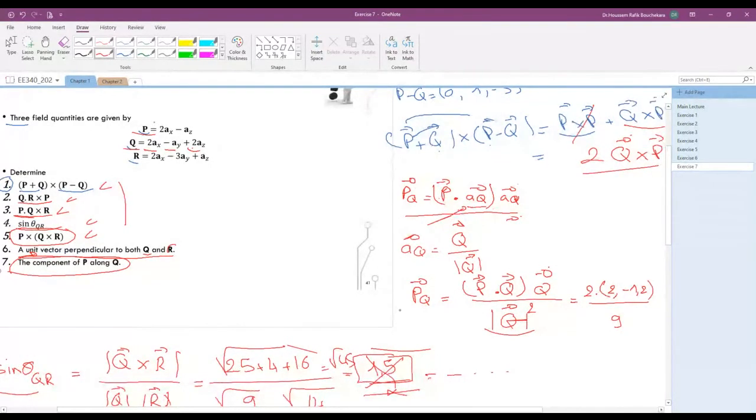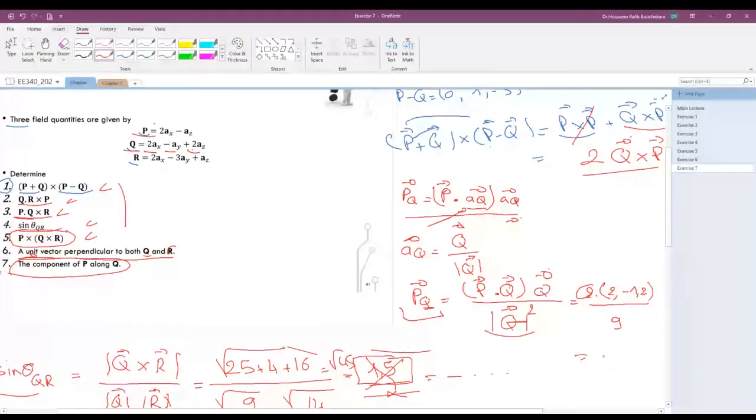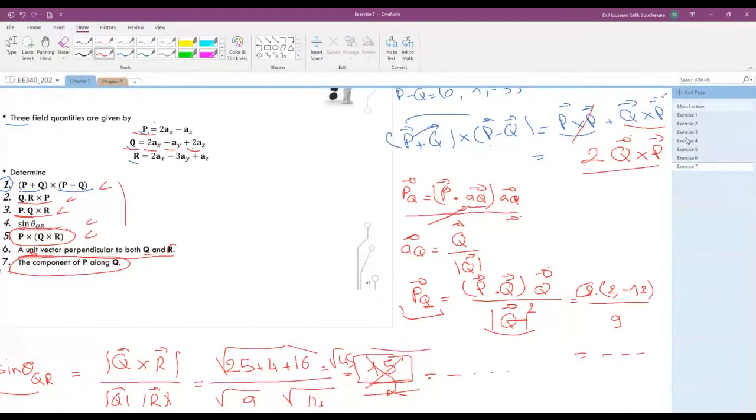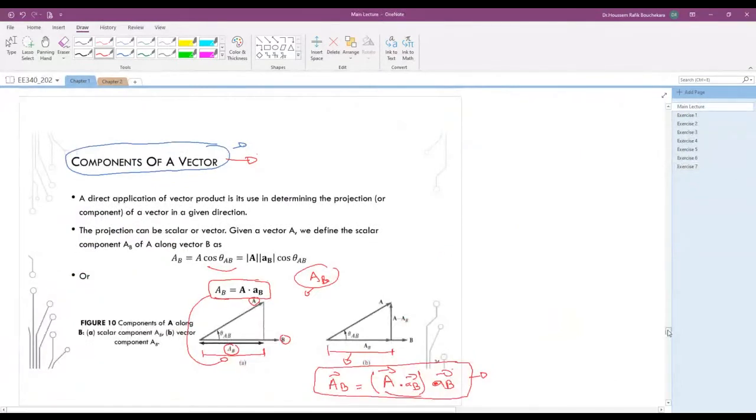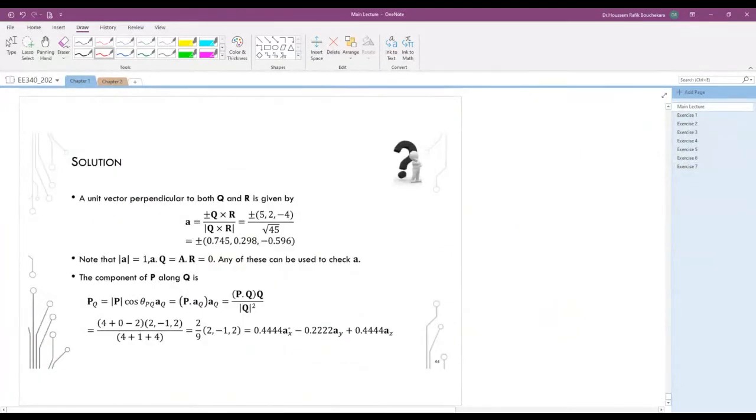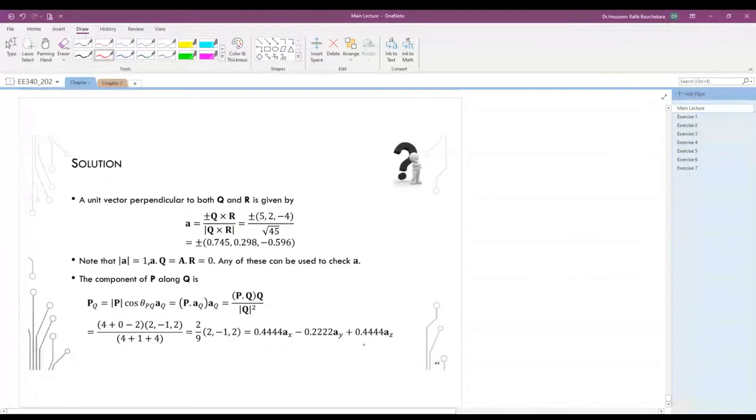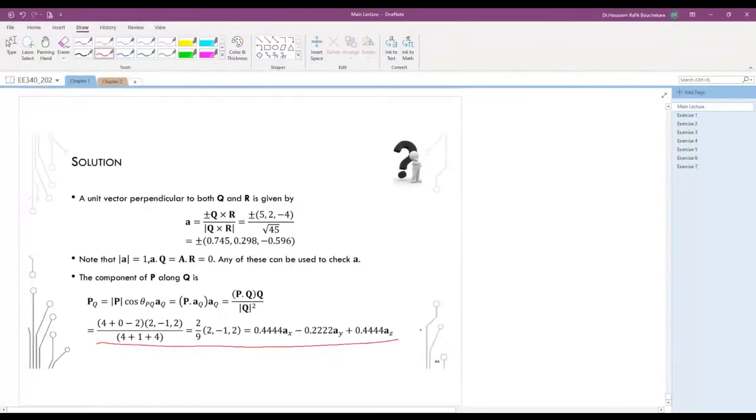This is how we determine the projection or the component of P along Q. okay. الباقي عددي يا شباب، تقسموها وتطلع لكم 3 numbers, okay, as you can see here for the final result. واضح يا شباب؟ Do you have any question؟